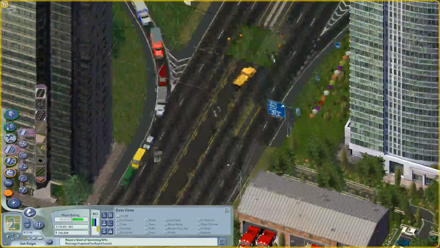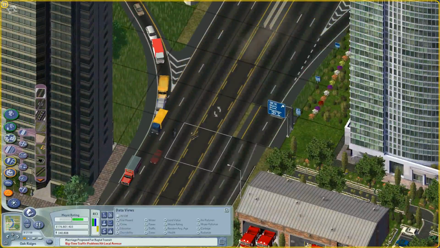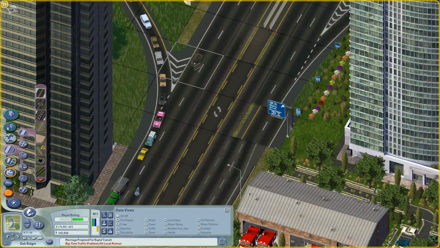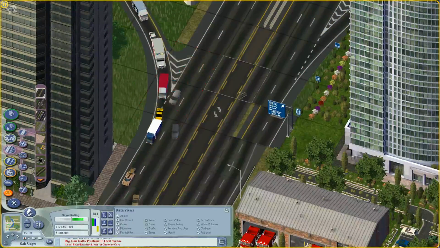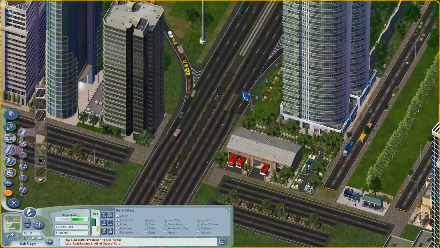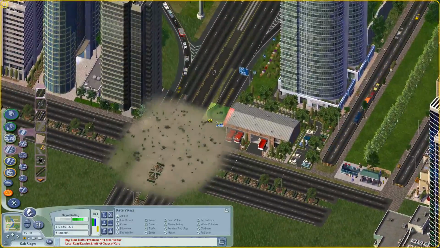And see how I can get this, I guess it's not perfect, but see how I can get this center turn lane here? So this part is road, this part is RHW, so I can put in like the center turning lanes here, but it doesn't like me here, so I might have to put an extra tile in. Or just something to make it